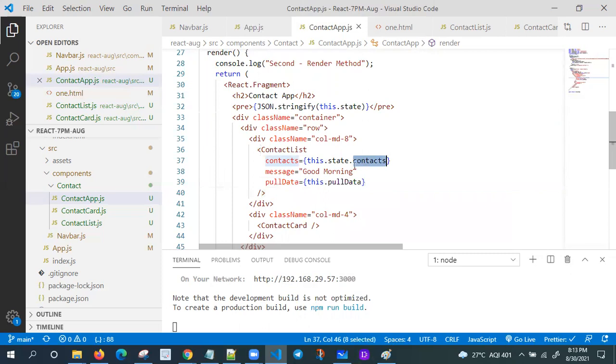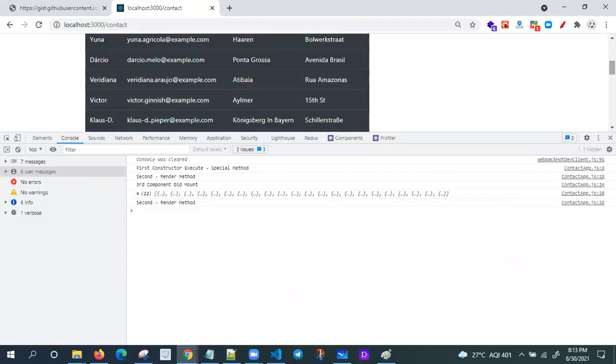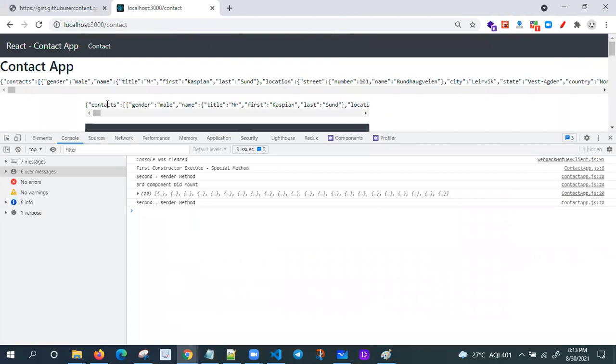Array as a property, some string as a property, and pullData as a property. If you have any doubt, you can check here: contact is an array, and message is also there. Because it's a method, it is not showing here.